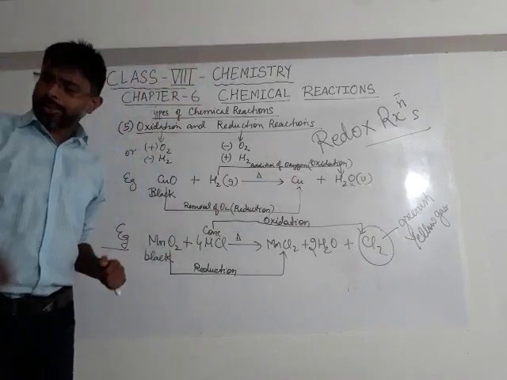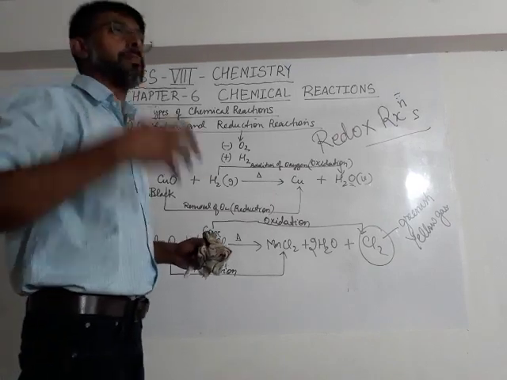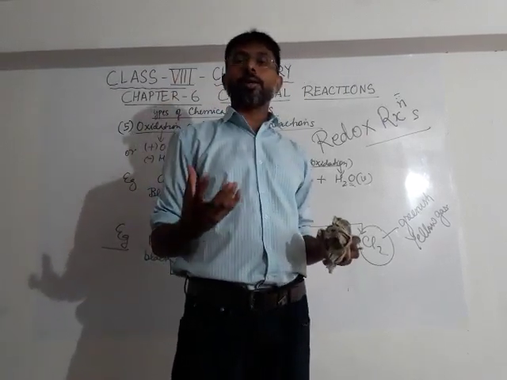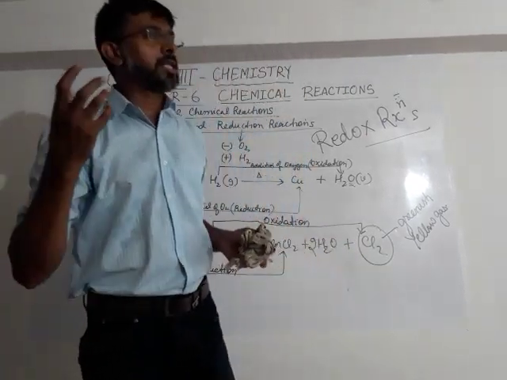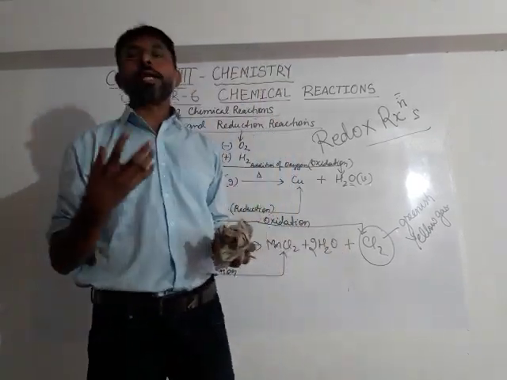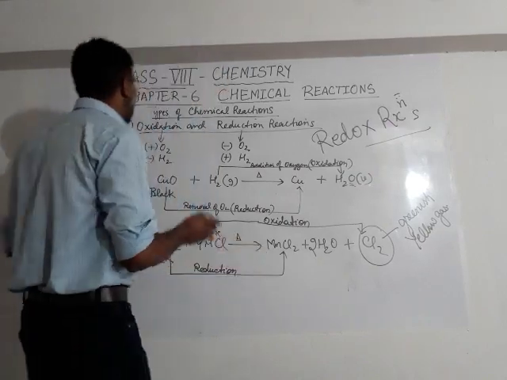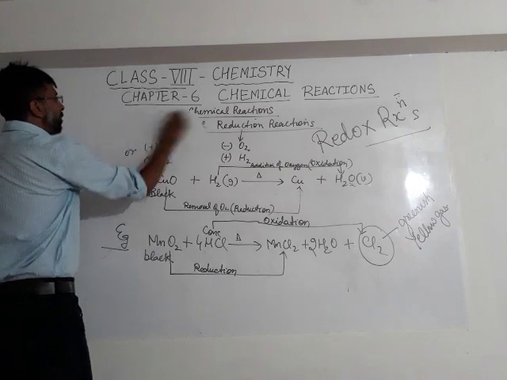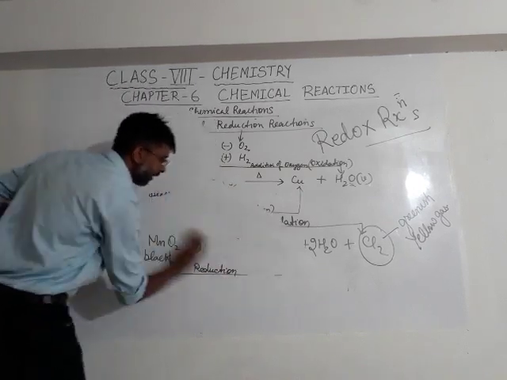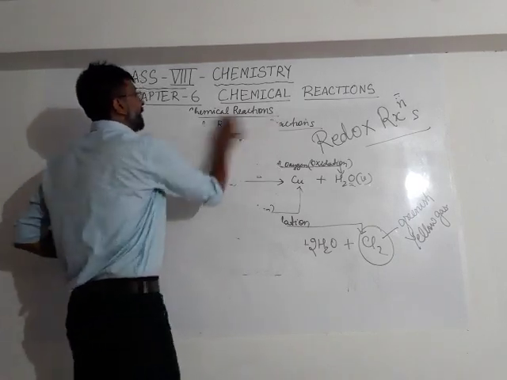Now a little bit more is to be explained to all of you about oxides. Oxides of non-metals are called acidic oxides. Oxides of metals are called basic oxides. There are oxides which are also called amphoteric oxides, and there are oxides which are called neutral oxides. I will give you a few examples of such oxides and explain what they mean. Let me start with the first type of oxide, which is called acidic oxides.